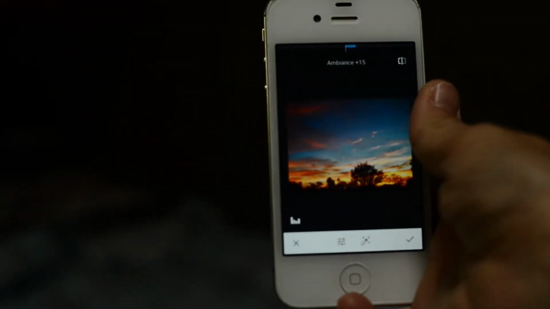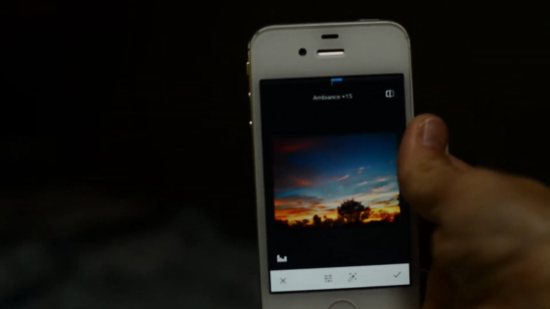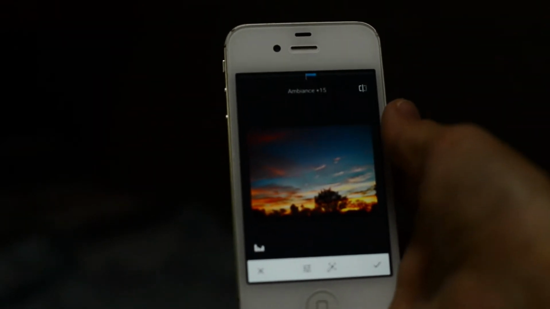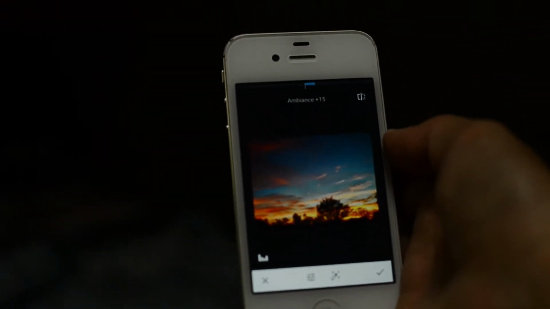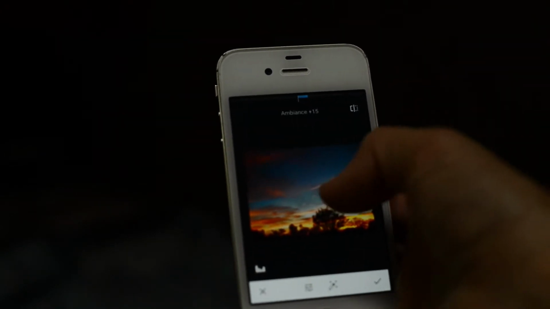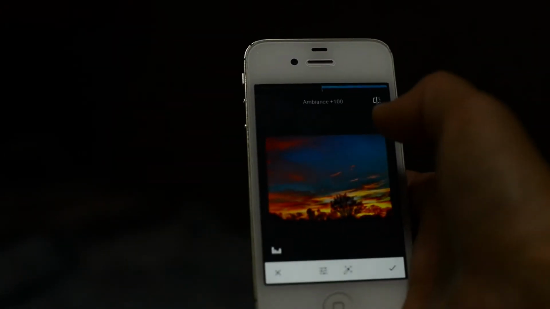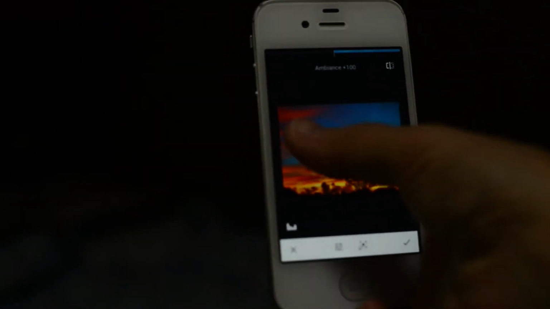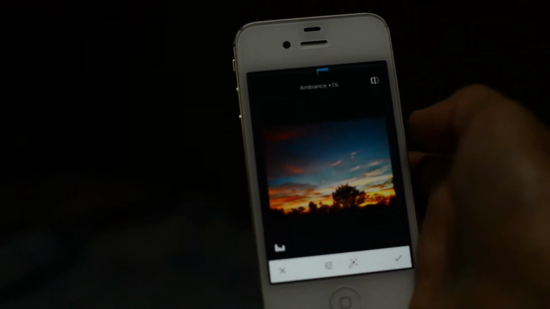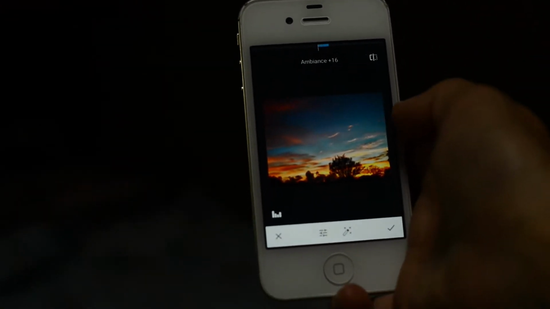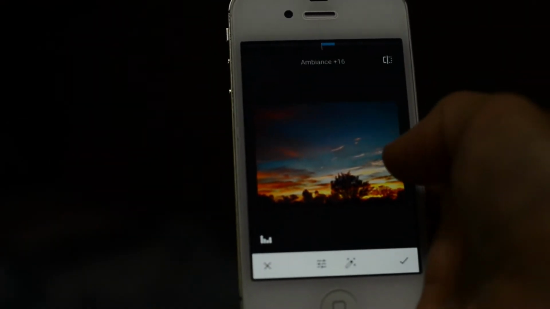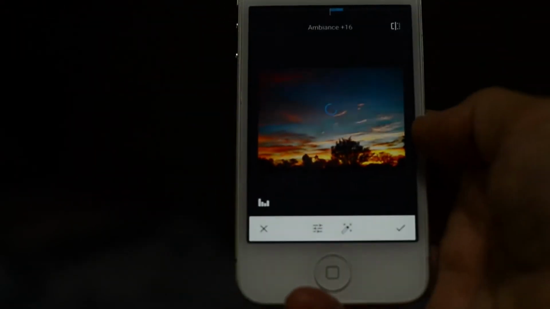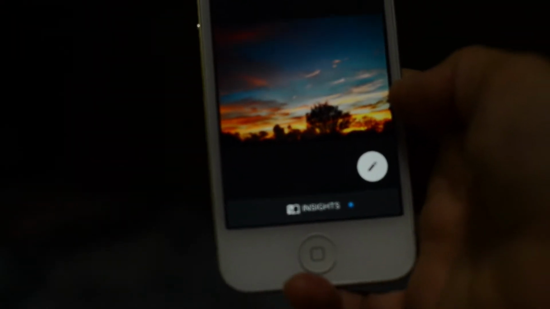And again, you gotta work with what you like, not what I do right now, and just follow it and stick with it. You gotta find your own style, and if you like super contrasty and super detailed and looking super sharp and everything, just play with it, and if it's okay for you, then it's okay. So I kind of like it the way it is, so I'm gonna hit save,